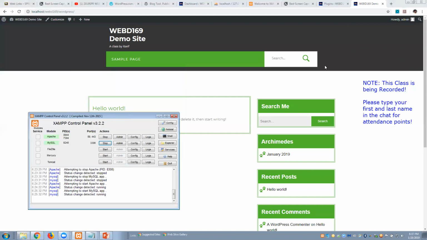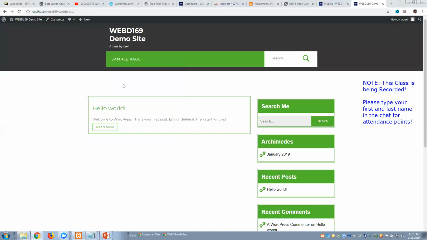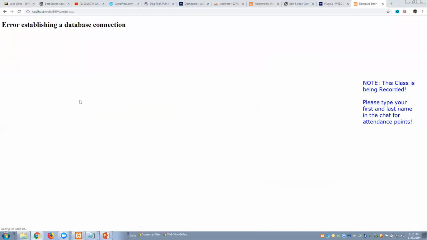Now, as I mentioned before, WordPress is using PHP for the server-side scripting language, plus it's using the database. And I demonstrated how I turn on the database right here. So what if I turn this off? So the database is shut down. That means when I go to this website, great, I can run the PHP, but when the PHP tries to talk to the database, it's going to get lost. It won't be able to find anything. So now when I run it again, you'll see that I'm trying to run this PHP, but since I don't have a database connection, it breaks the site.